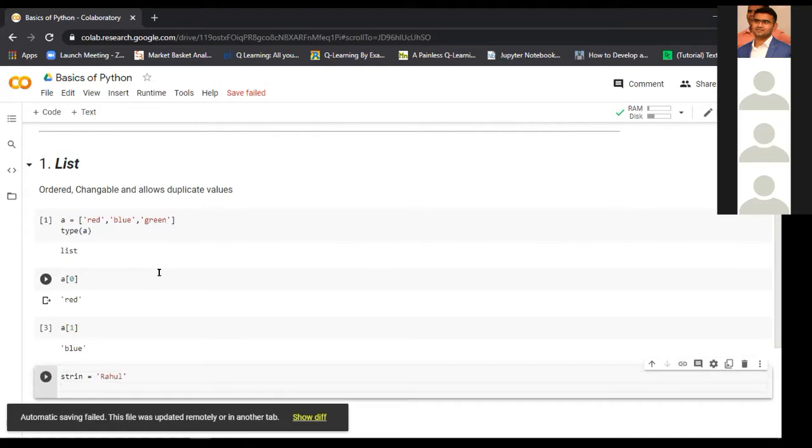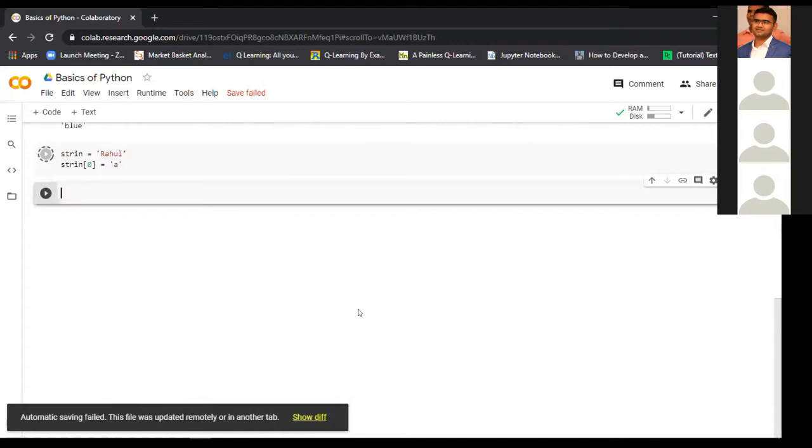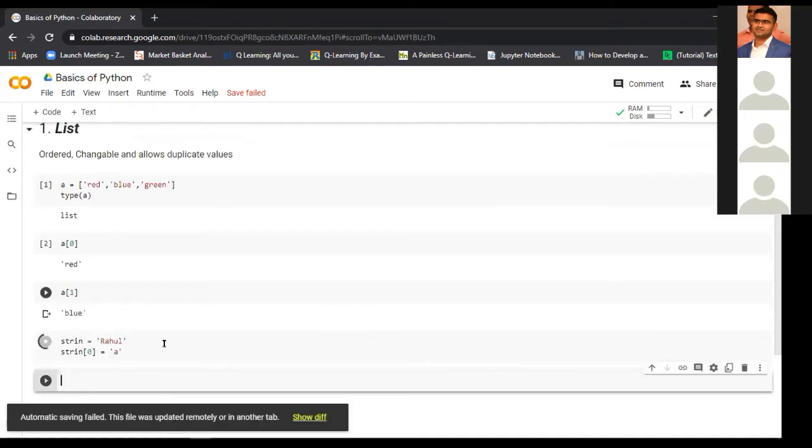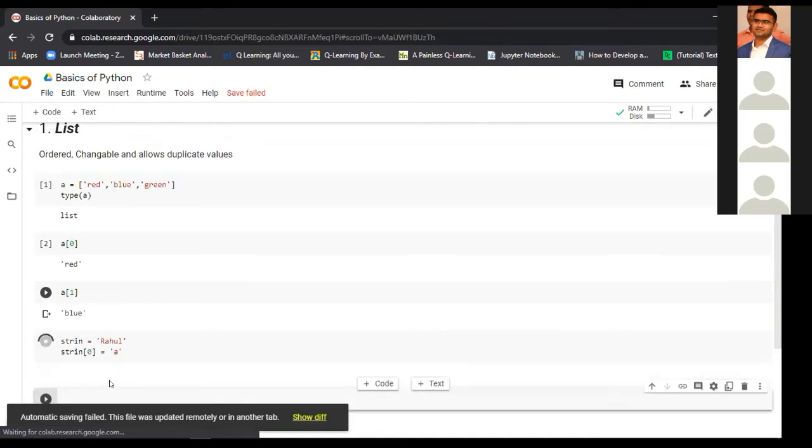If you try to change the zeroth position letter to something else, it gives us an error. As you can see, it is giving me the error because strings are immutable. That means after declaring it, we cannot change that particular value of the string.